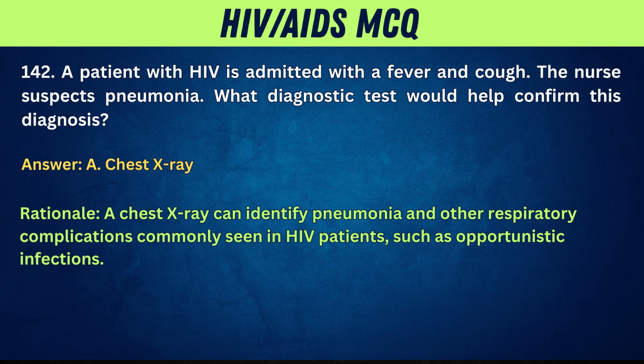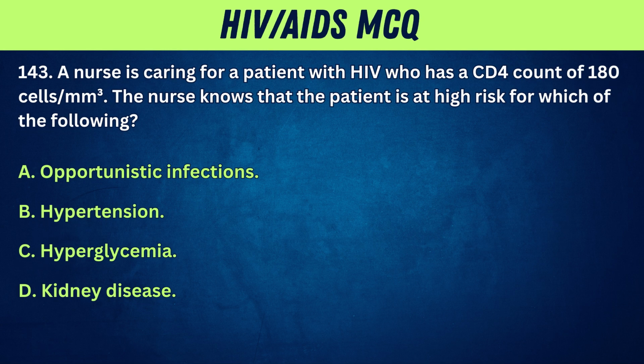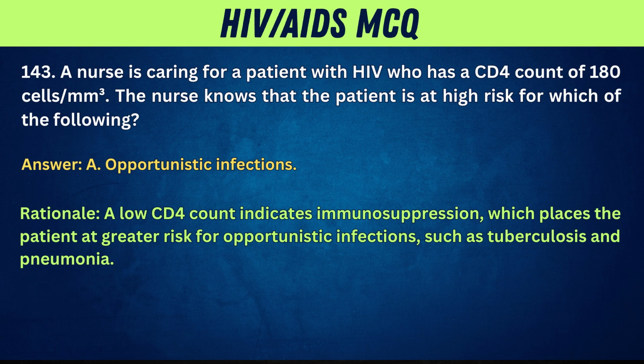as opportunistic infections. 143. A nurse is caring for a patient with HIV who has a CD4 count of 180 cells/mm³. The nurse knows that the patient is at high risk for which of the following? A. Opportunistic infections. B. Hypertension. C. Hyperglycemia. D. Kidney disease. Answer. A. Opportunistic infections. Rationale. A low CD4 count indicates immunosuppression, which places the patient at greater risk for opportunistic infections, such as tuberculosis and